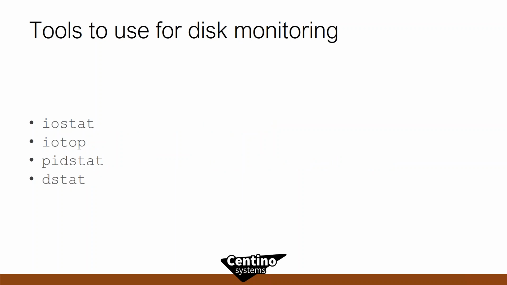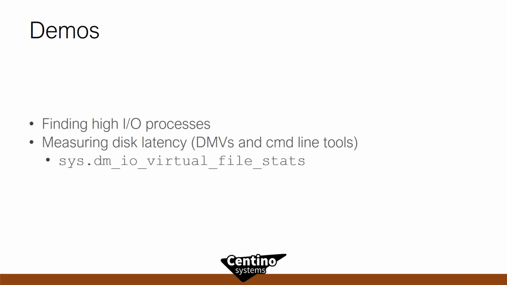We need iostat and iotop, and also pidstat, and then the Swiss Army knife dstat, which really helps us get good information out of that. I'm going to skip over this demo, but I do have the code, and I'll give the code to be published along with the presentation. Normally we would go through and check some high I/O processes, and we'd also use the conventional DMVs, right? We still have that information available to us inside of Linux, so that's in the code that I'll give you